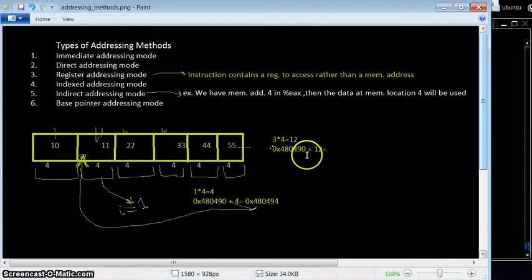Okay, what happens if we set our multiplier as 2? Any ideas? If we set our multiplier as 2, what will happen? Starting from the reference address, our processor will start accessing the data items.